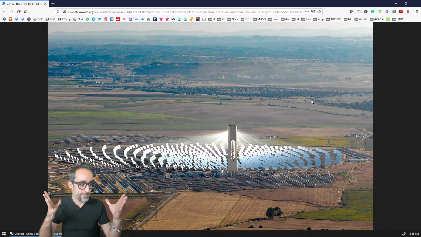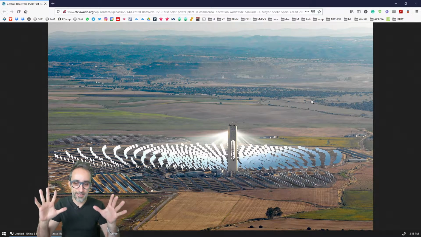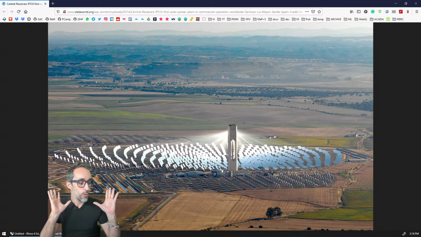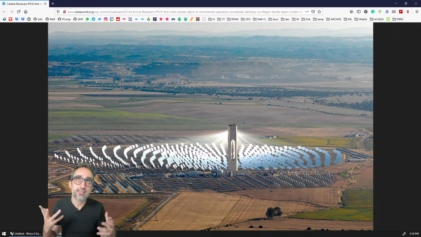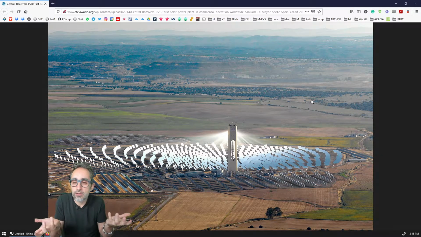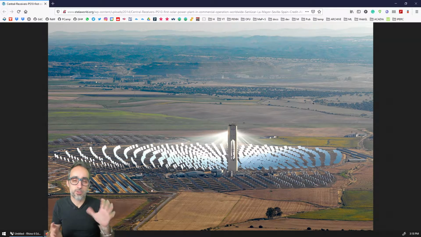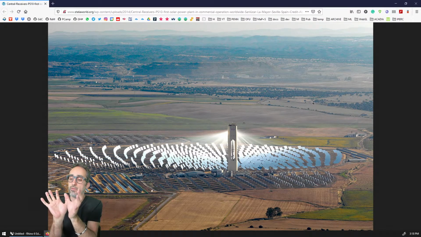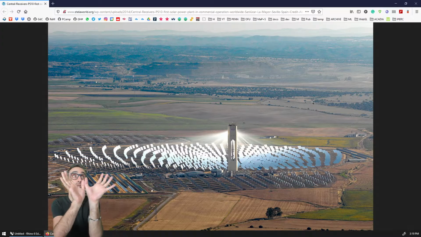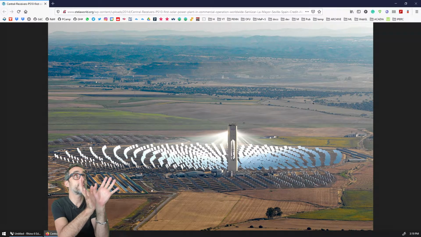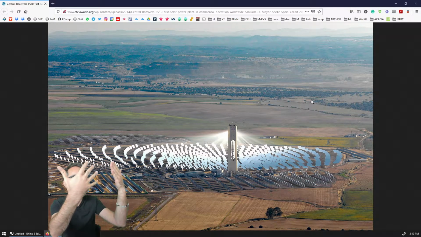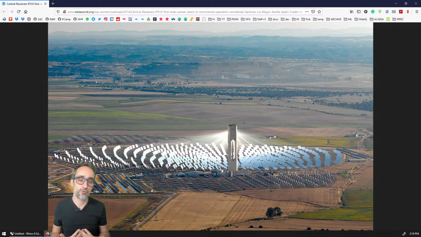Wonderful. So before we start anything, I would like to set some context. What we're trying to do here is mimic some kind of power plant of sorts, where we would have a lot of solar panels, and those solar panels are going to be actuated. They're going to have some kind of motors, so that across the day, as the sun keeps moving, the panels are going to orient themselves to always be as perpendicular to the sun as possible, so that they can capture as much energy from the sun.